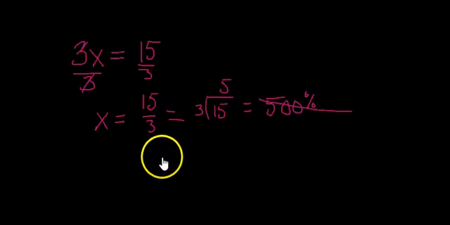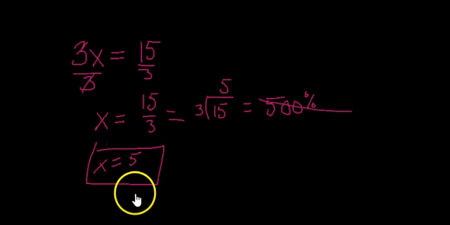So we know that 15 over 3 is 5. So x is equal to 5. So we now know the value of x. We isolated the variable term here by dividing away. So let's do another one. And this time we'll say x